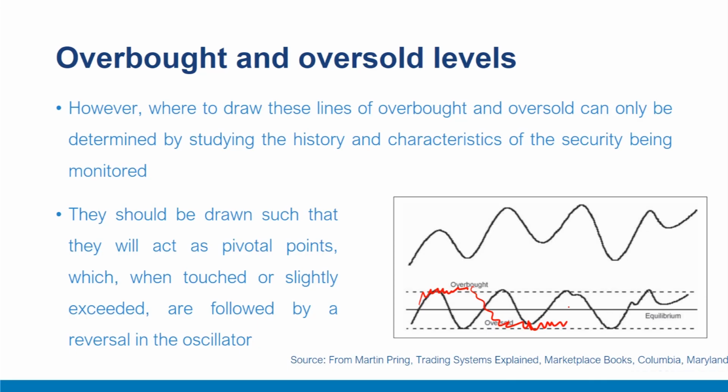Consequently, it is essential to get confirmation from a reversal in the trend of the price itself or some other price patterns, price formation, trend line violations, and other signals before taking any drastic action. To summarize, in this video, we discussed the interpretation of overbought and oversold levels. Often, these levels exhibit extreme conditions after which some kind of trend reversal is expected or due. However, the actual action should be confirmed from price action and some other weight of evidence, for example, volume, trend line violation, and other signals as a weight of evidence approach.